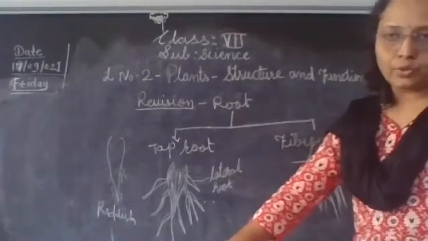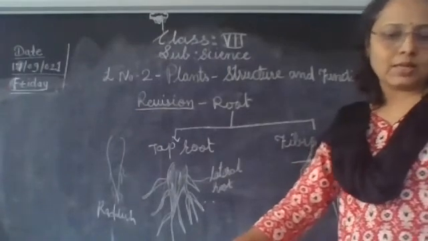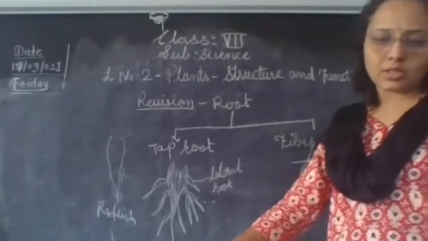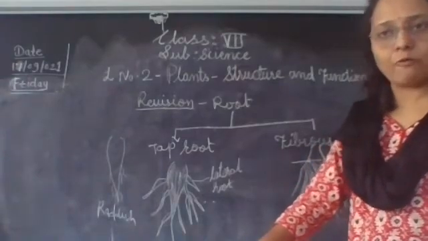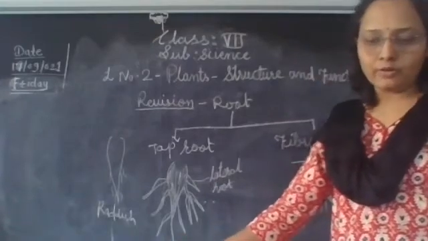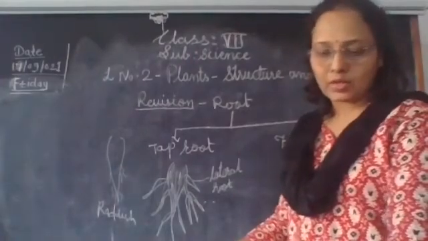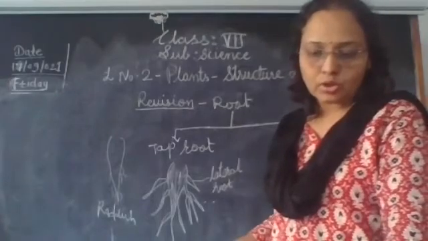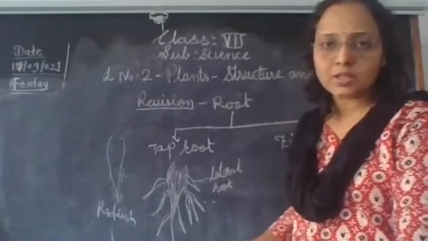So they have a bushy appearance. They have a bushy appearance, and usually in grasses, the fibrous root occurs. Wheat, rice, and some other plants have fibrous roots. Okay, children, so this is the type of fibrous root. Thread-like or fiber-like roots arising from the stem are called fibrous roots. So there are two main types of root, that is taproot and fibrous root.